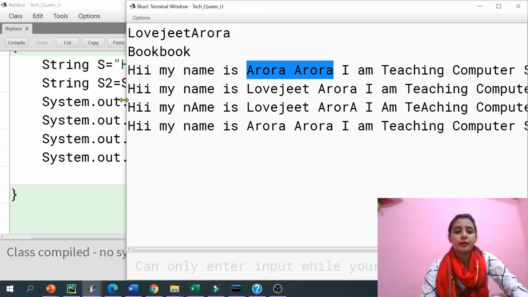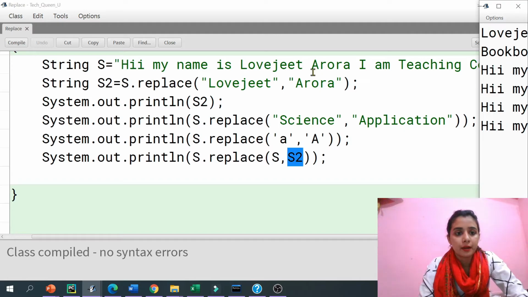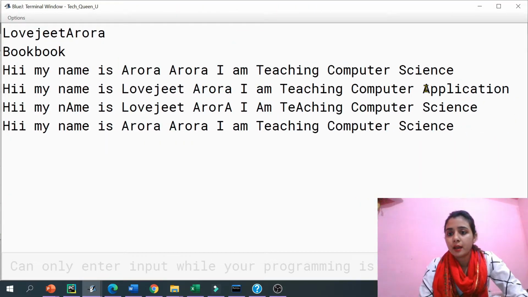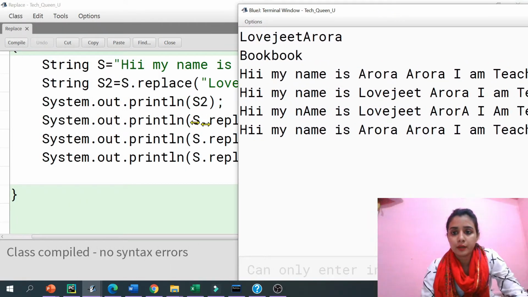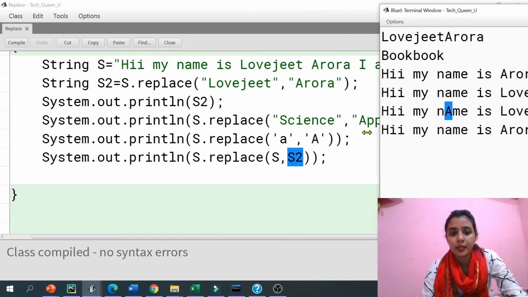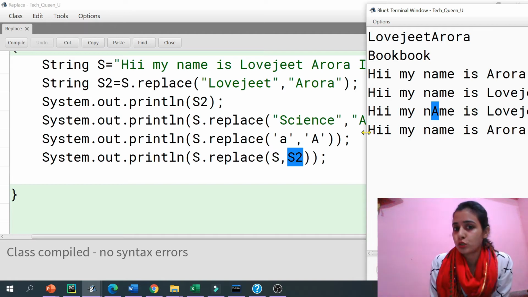Next, we replaced science with application. Here the application was there in the S string, and now we found the application instead of that. We can see the capital A remains the same. Here also in NAME, the a is replaced by capital A, so that means a character is also possible there.